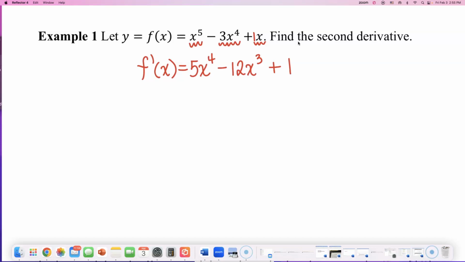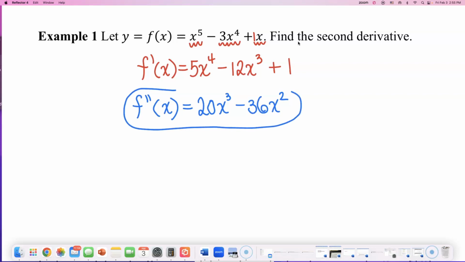Let's do this one more time, but from this line that we just created. Let's find the second derivative. Do 5 times 4 to get 20 as the new leading coefficient. The new exponent is now down to 3. I have to do 12 times 3 to get negative 36, and the new exponent is down to 2. Derivative of 1 is just 0, so I don't have to put plus 0, and this is the second derivative